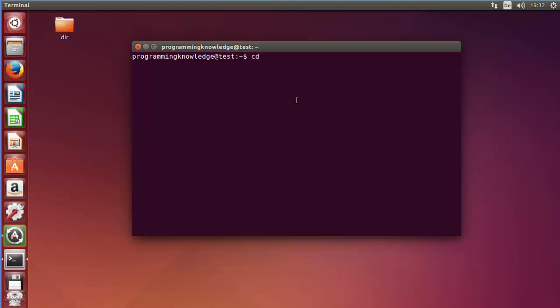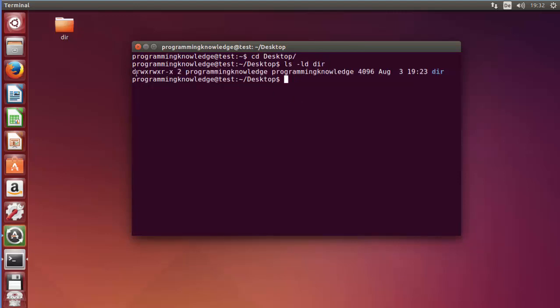So I will change my directory to desktop first of all, and I will do the long listing of this directory. Here I will just use ls -l -d because it's a directory, and then the directory name, which is dir, and press enter. And in here you can see the file permissions. Now in the last video, as I have shown you, this first letter shows the type of file or directory. Because it's a directory, it's showing d here. The next three values are the permissions of the user, the next three are the permissions of the group, and the next three are the permissions of everyone else.